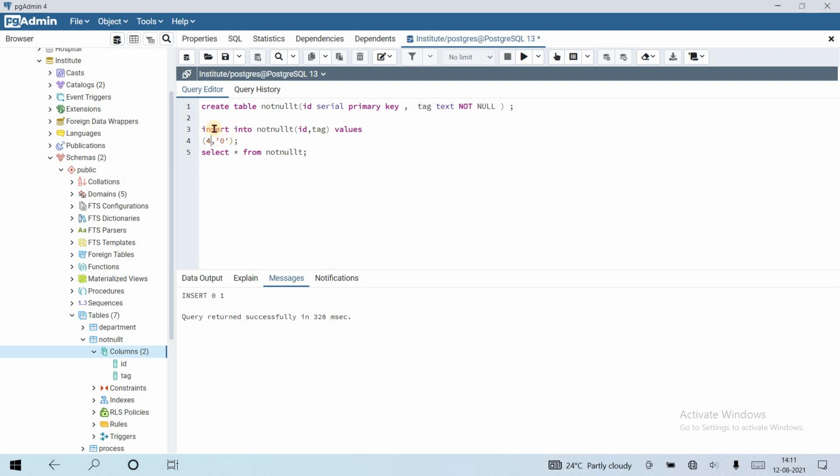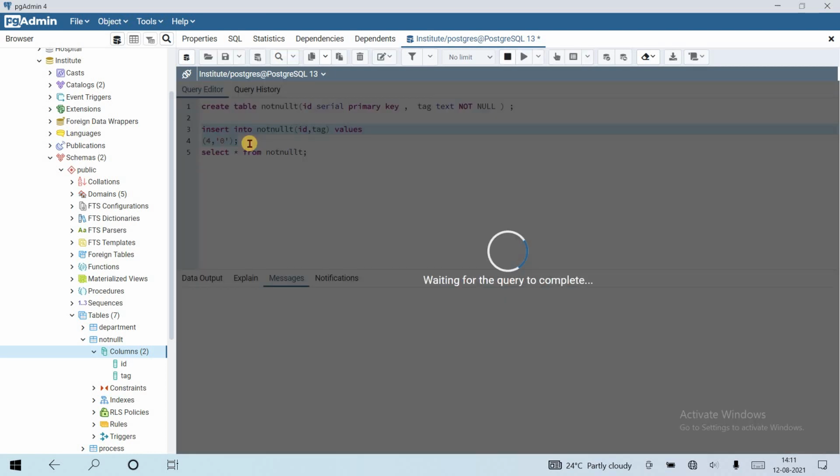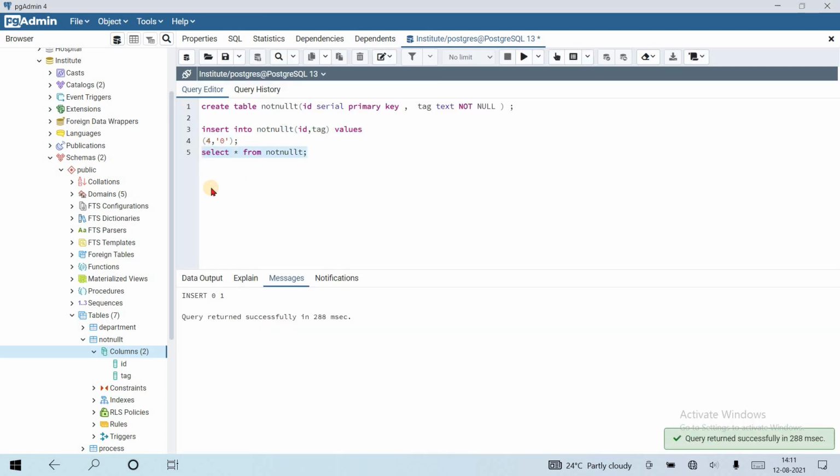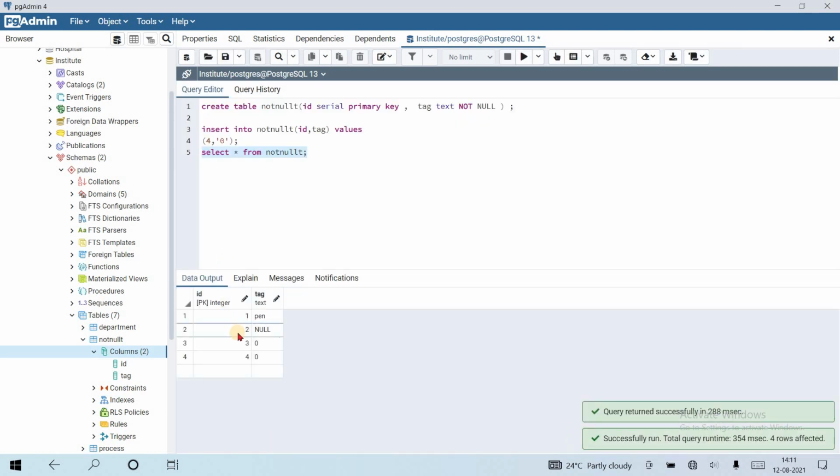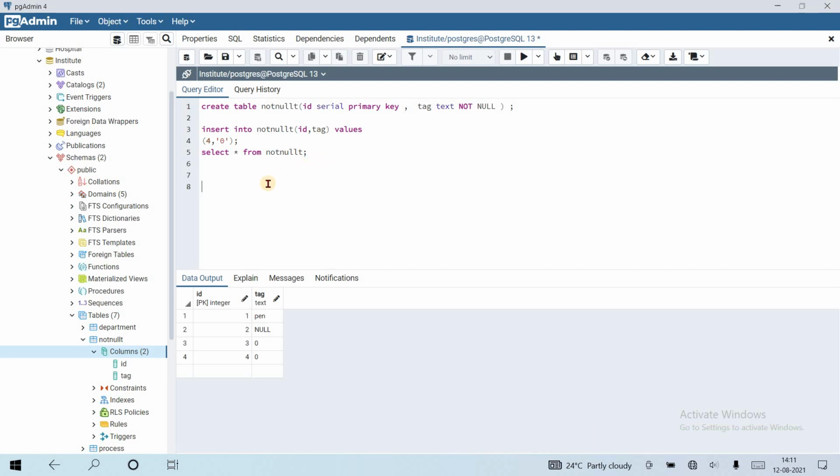It is not null. If I see the value, yes, 3040. Here we can say that null is not the same as 0. These are truly different.